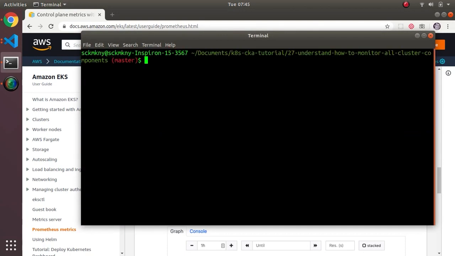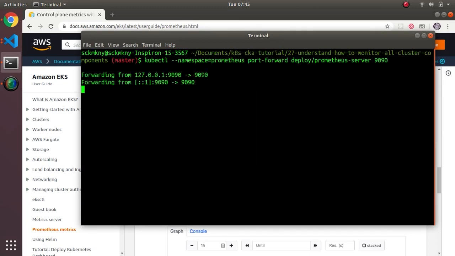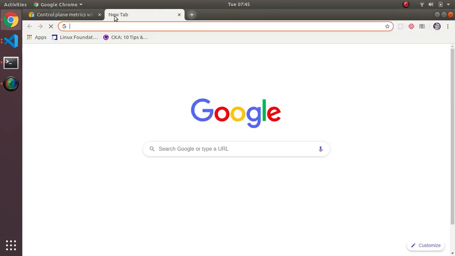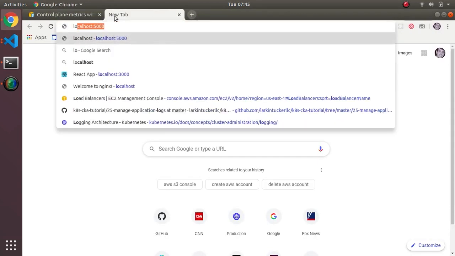Now I'm doing a port forward here, 9090. What this is doing is saying, connect up to the Prometheus server, which is running on port 80 apparently, but then expose it on my machine as port 9090. So now if I go to localhost 9090,